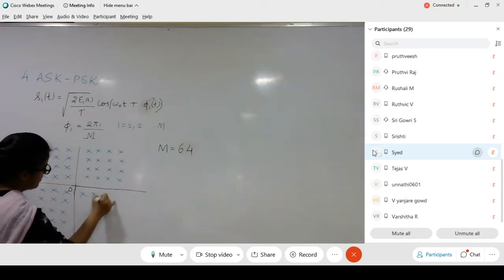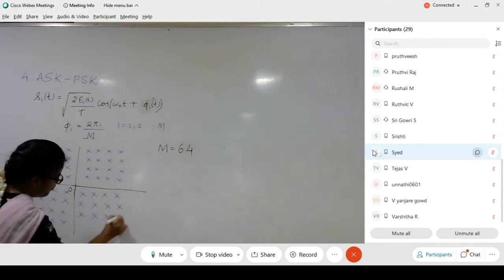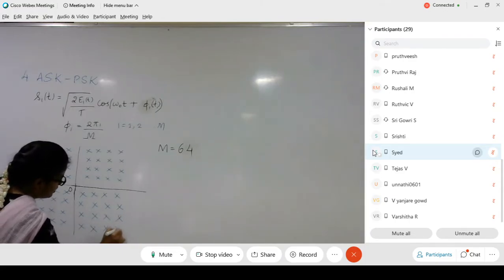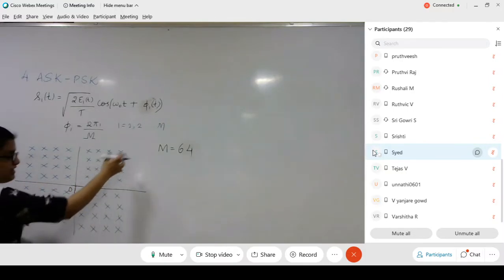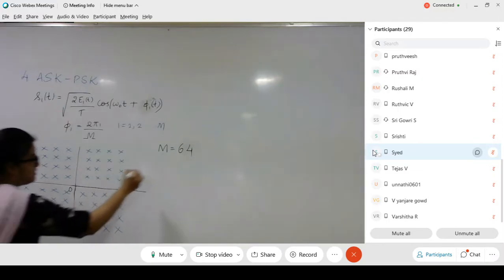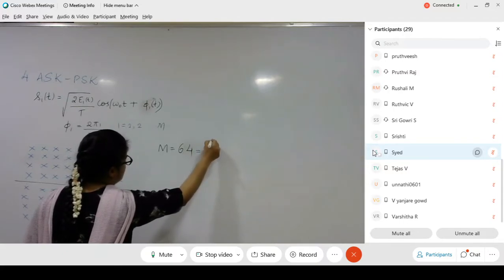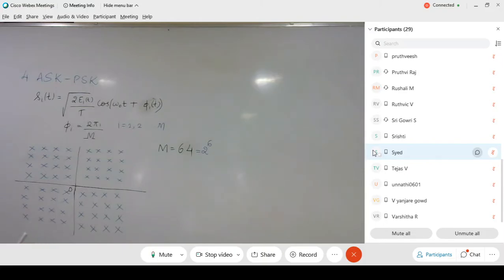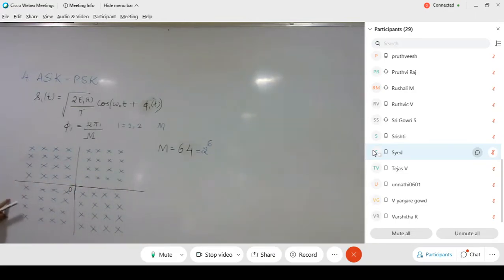This is a simple representation or notation of an IQ plot for a combination of ASK and PSK. It's a very complex scenario where each symbol is identified differently. How many bits will constitute one symbol? It can be written as 2 raised to 6, so 6 binary digits will form one symbol. You can see the complexity. There are 16 symbols on this quadrant, 16 on this, 16 on this, and 16 on this. This is how we orient all possible symbols.